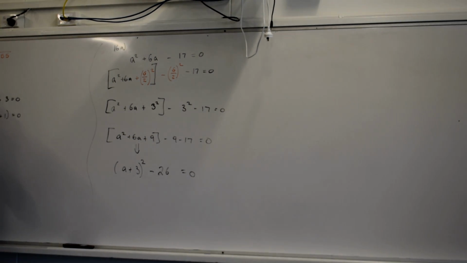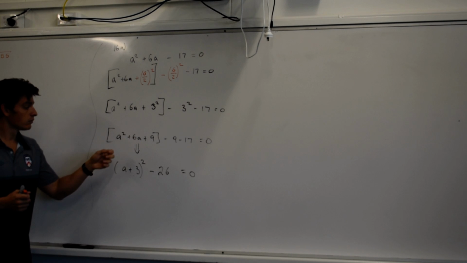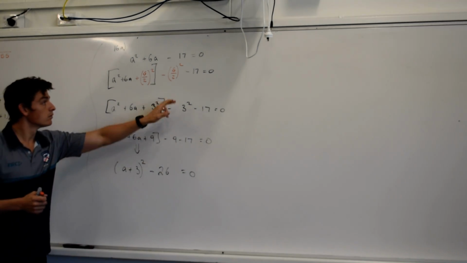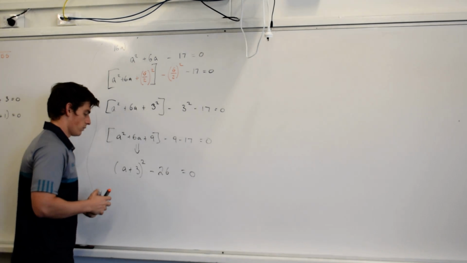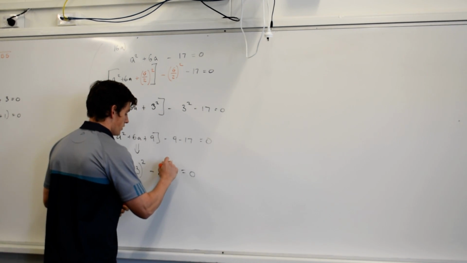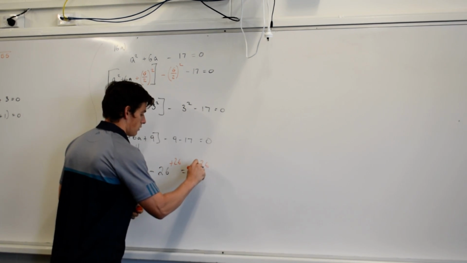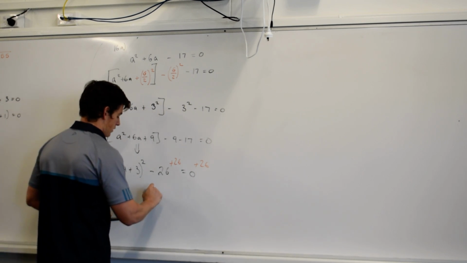Is that a 6? Yeah. Above the 2? Oh, and that orange. Is that a 6 above the 2? Yeah. In both of them? Yep. Now I'm going to add 26 to both sides. I'm left with a plus 3 squared